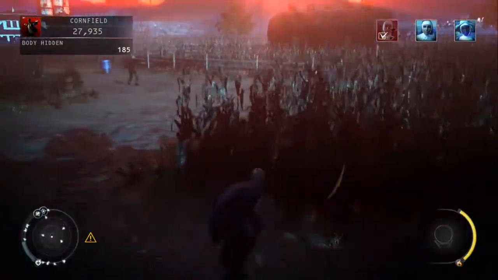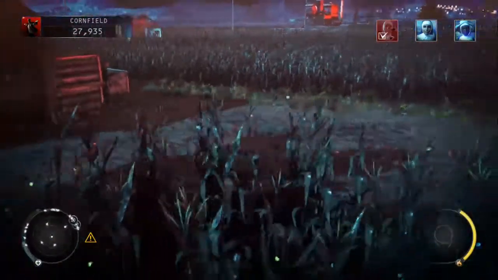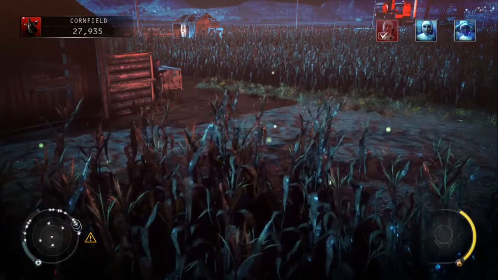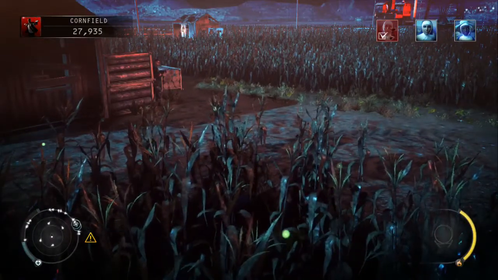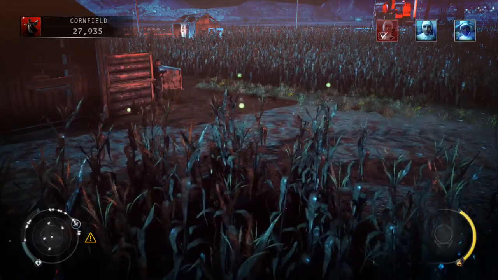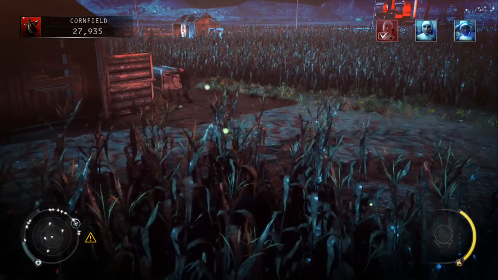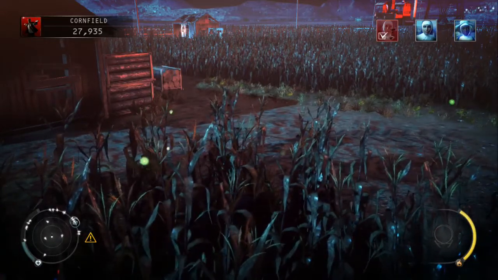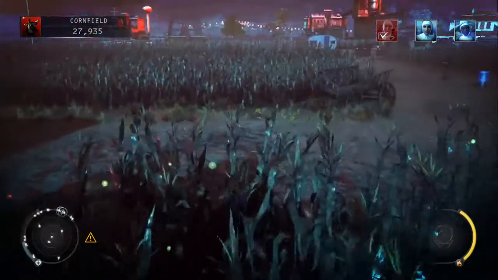We just want to stick to the top left corner, and what we're waiting for is this guard here to come out from cover, and he'll look down to the left and then patrol towards the top of the map. So just wait for him to do that. He's just popped out, then he'll move away, and then once he's out of sight, head straight across into